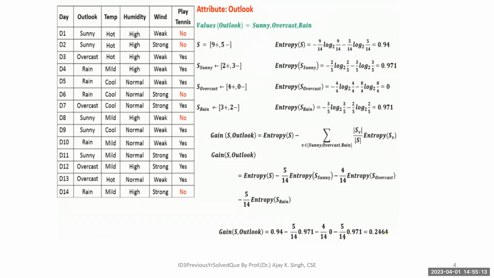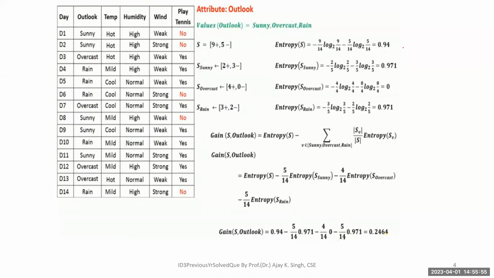In the same way, we can calculate overcast. For overcast, suppose we say positive: overcast, yes. One case, overcast, yes. Another case, overcast, yes. Third case, overcast, yes. Fourth case. So 4 positives are there. If it is overcast, still that guy is going to play. In the same way, no negative is there. If it is overcast and the answer is no, nothing is there like that. So it is 0. None of the options are there in this.